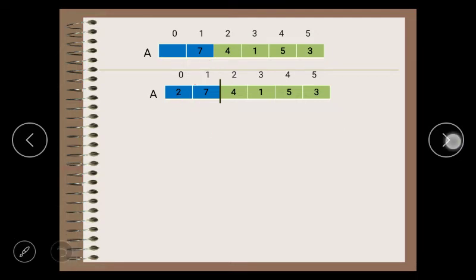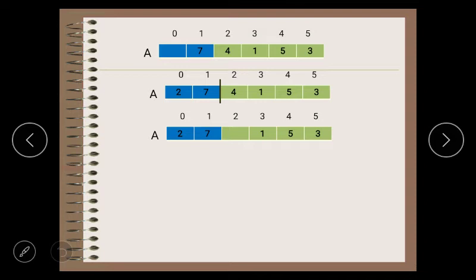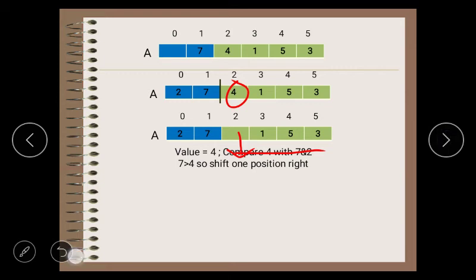Next, pick a value from the unsorted array. The first element in the unsorted array is 4, so that 4 is stored in the variable value. Value equals 4.